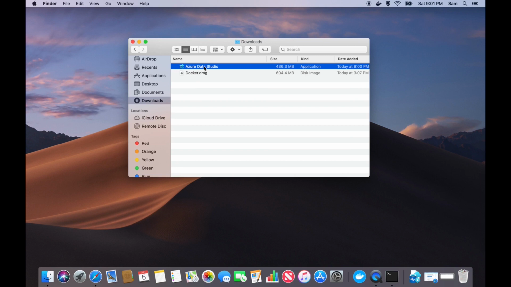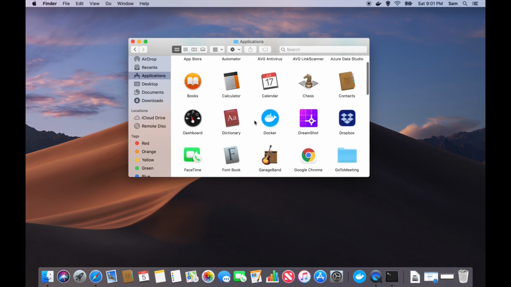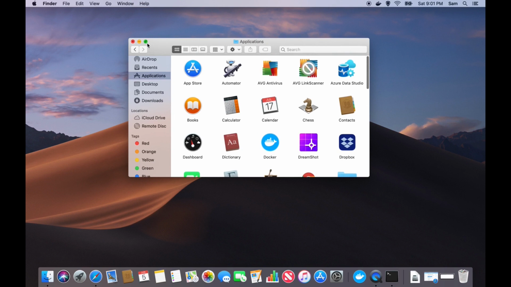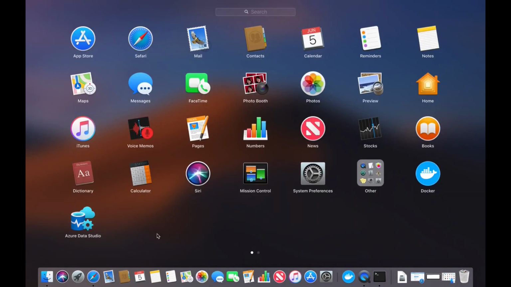Now drag and drop this to the applications. Let's see this by going to the Launchpad. You can see the Azure Data Studio now. Click this Azure Data Studio.